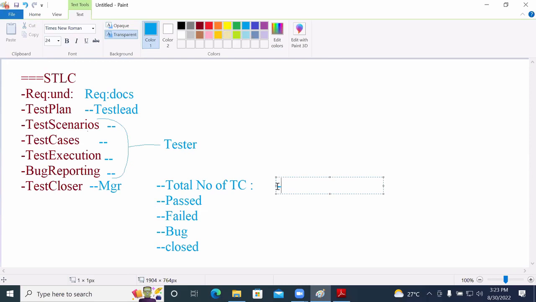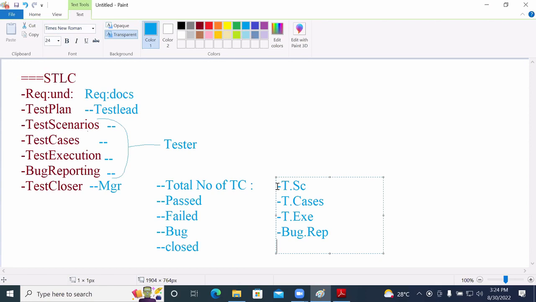As simple as considering the test scenario document, the test cases document, the test execution document, and the bug reporting document related to that particular project. He needs to collect all this required information.